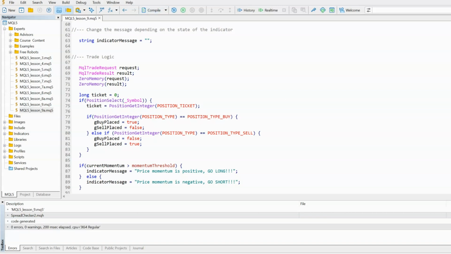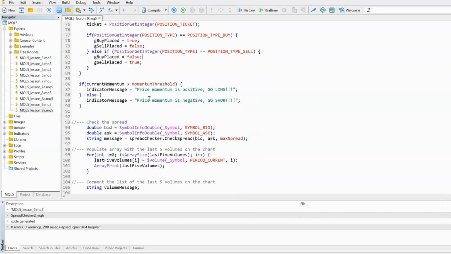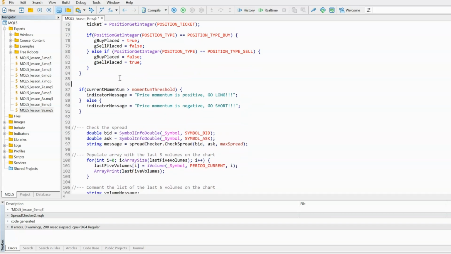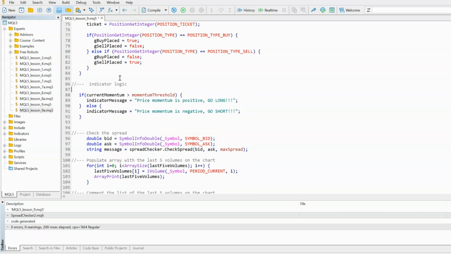So we've now filled in our global variables, so we know whether we've got an open trade, and if we do, we've got that ticket number, and we also know whether it's a buy or whether it's a sell. So now we can move into our indicator logic to actually execute the trade. So all of that was just to get to this point. It's important that our expert advisor knows where it is in the world before it starts going crazy and implementing